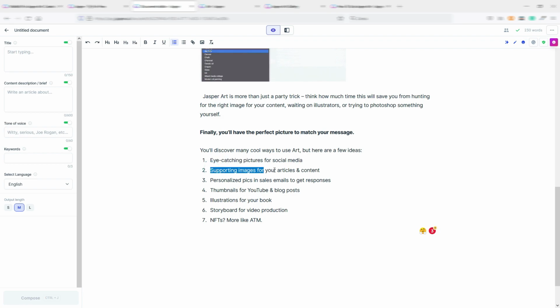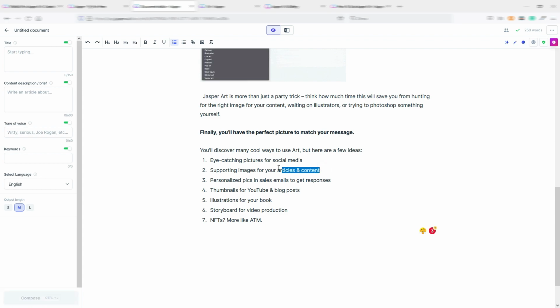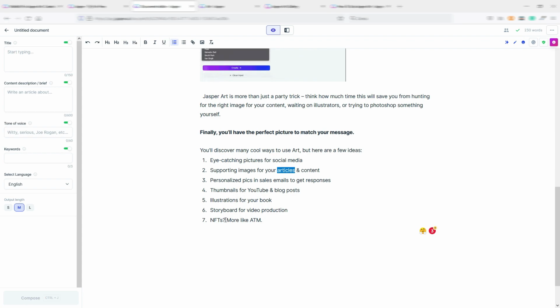Supporting images for your articles and content, so for your blog, even if, as you will see at the moment, the dimensions and resolution of these images are maybe not perfect for featured images in blog articles, they are already working on this. Personalize pics in sales emails to get responses, or thumbnails for YouTube and blog posts, or illustrations for your book, storyboards for video productions, NFTs, maybe not now, because at the moment